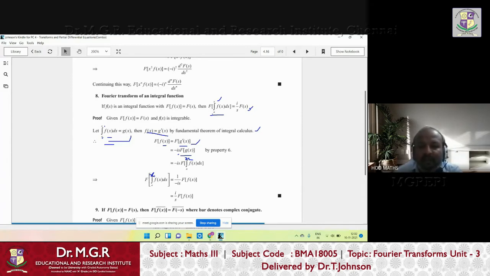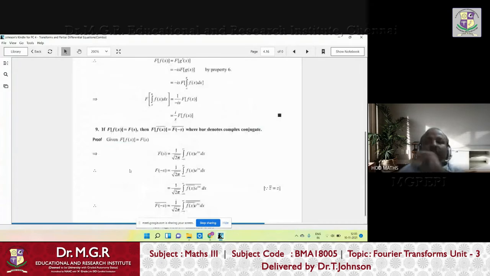So now here what they do is simply take the is to the other side. So this is 1 by is. So the Fourier transform of the integral of a function is equal to 1 by is times the Fourier transform of f of x. But as I told already, 1 by i goes to the numerator as minus i, but a minus sign is already there. So minus minus becomes plus. So it is i by s times the Fourier transform of f of x. So this is the relation between the Fourier transform of the integral of a function and the Fourier transform of that function, right? All these things will be helpful to you whenever you solve related problems.